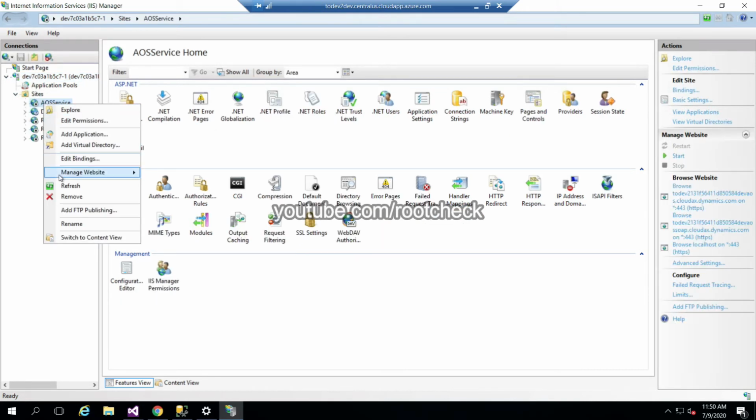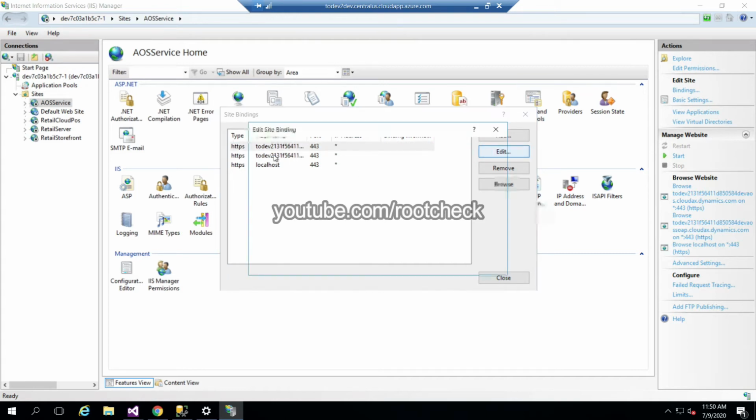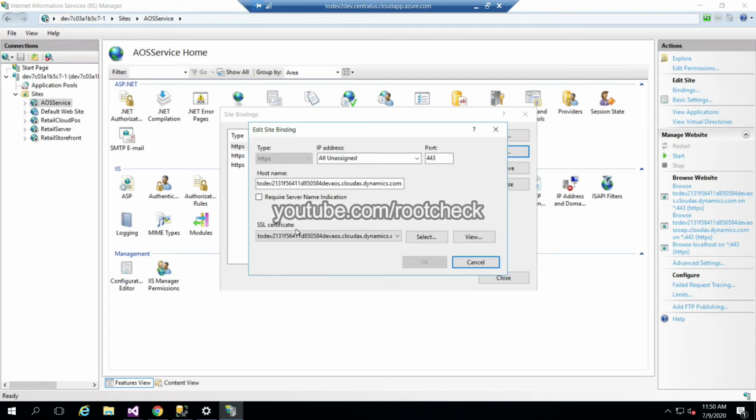In AOS services, the edit binding option is there. Click on edit binding, and here in host name you can find the host name and the SOAP name. The SOAP name has SOAP mentioned in the link. So here you can find the host name and SOAP name for your RSet, which we need to mention in the RSet tool.